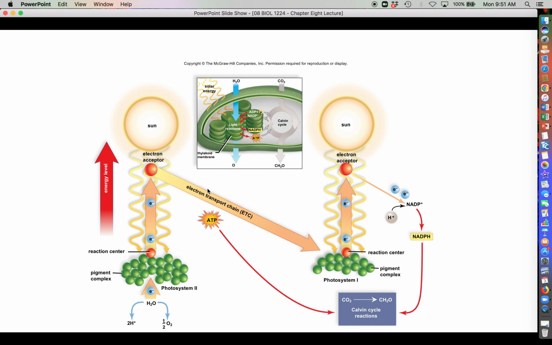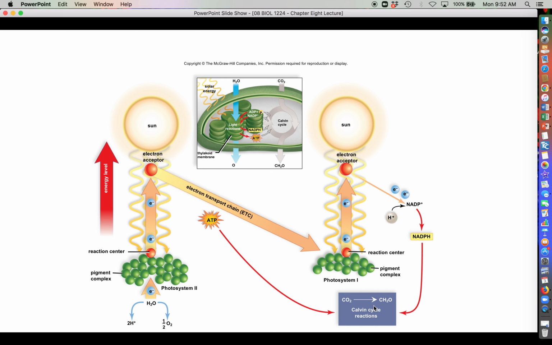Those electrons, once we've leached all the energy out of them, are going to complex with the reaction center in photosystem 1. We're going to absorb more light from the sun and re-energize those electrons. And those electrons, rather than going through a whole other electron transport chain, are going to be passed on to NADP to produce a high-energy NADPH molecule, both of which, the NADPH and the ATP, are necessary for